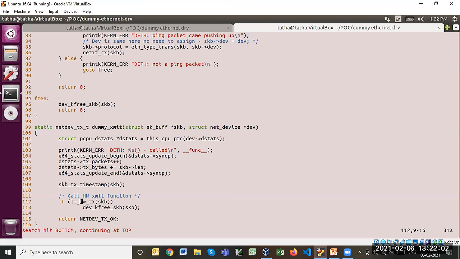Similarly, DMA is used by the driver when it is getting an interrupt from the hardware. That means a packet is received by the hardware, so it needs to be copied from the hardware queue to the RAM. And in that case also, DMA is used if it is available. In most of the cases, there are two kinds of